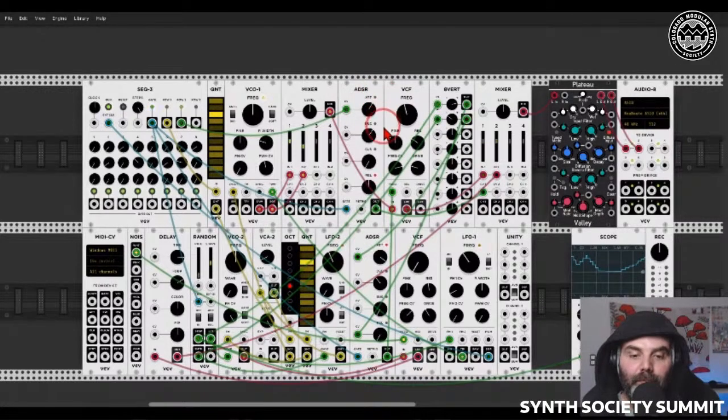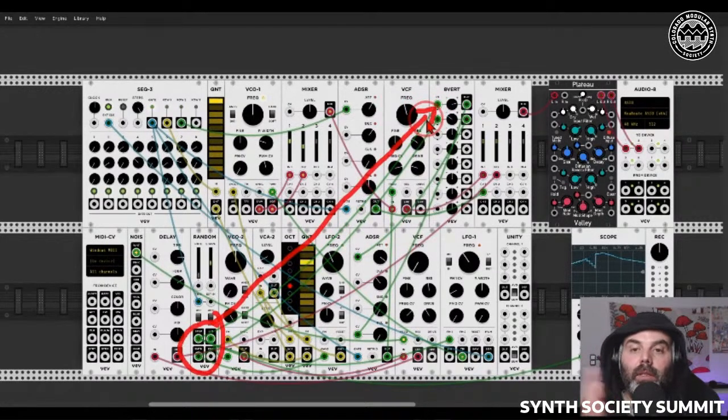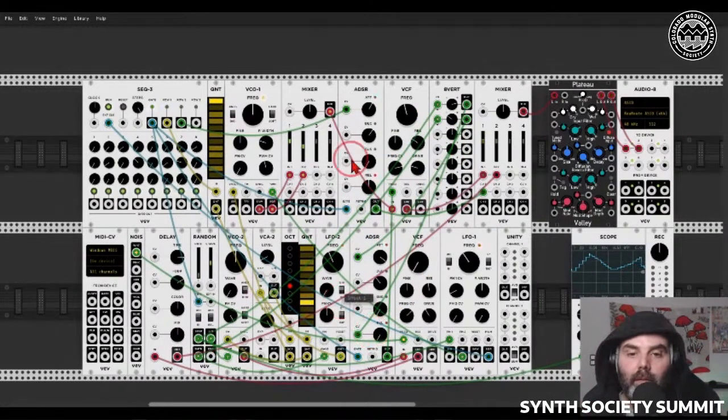And what I'm doing here, I'm using again the gate from the sequencer to gate an ADSR module, an envelope. And this envelope is opening the filter cutoff. But I'm using again this random signal through the 8-vert, so I can use the same signal but invert and attenuate it. And I'm using it to modulate the attack and the release. So with each step, we get a different envelope, which is again modulating the filter. So it's quite complex, but fun. And we get this sort of generative voice.